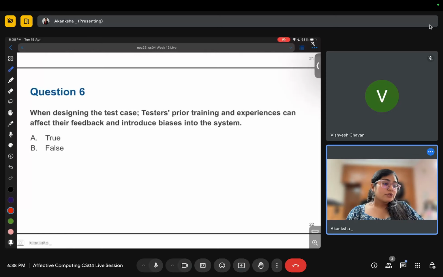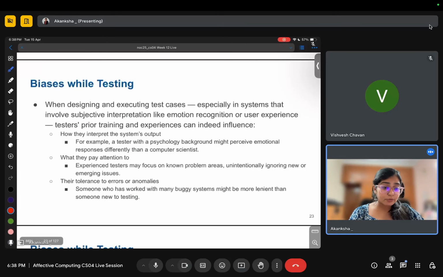Okay. So the question is, does the tester's prior training and experience affect the testing process? Does it introduce any kind of bias? Which is very true, because when designing and executing these test cases, especially in systems that involve subjective interpretation, like emotion recognition or user experience, the testers' prior training matters.